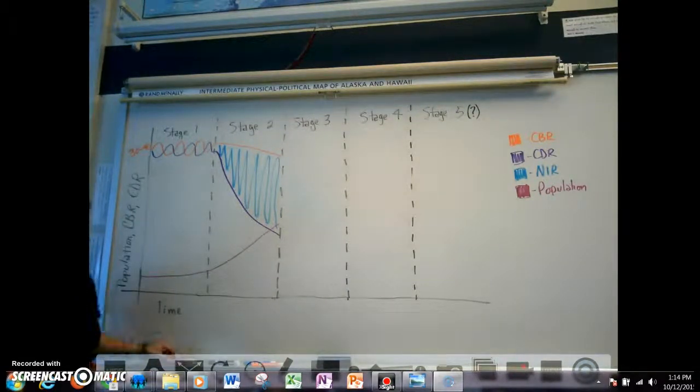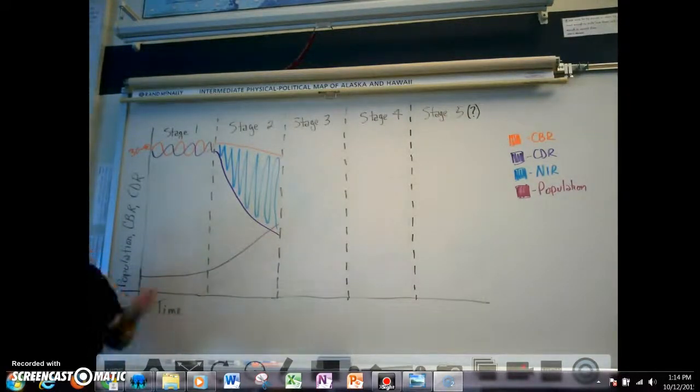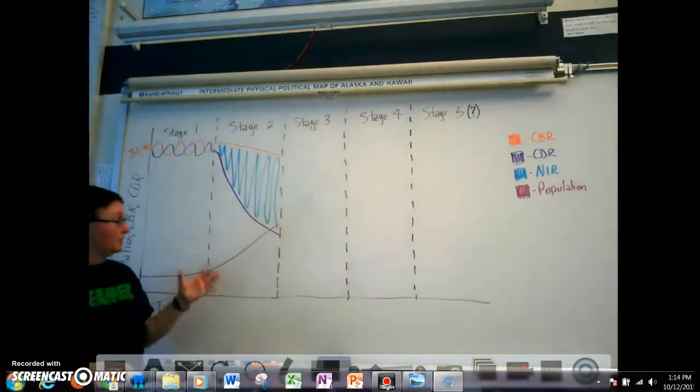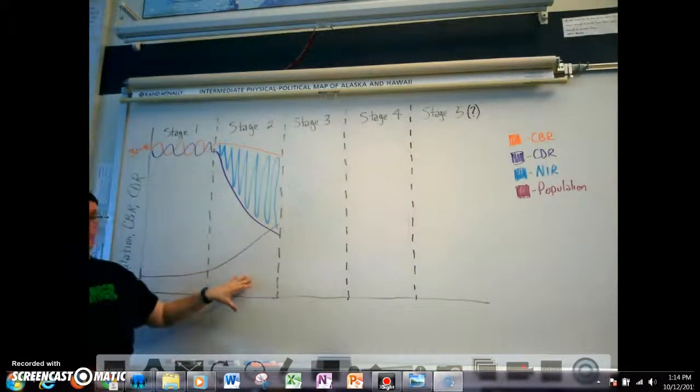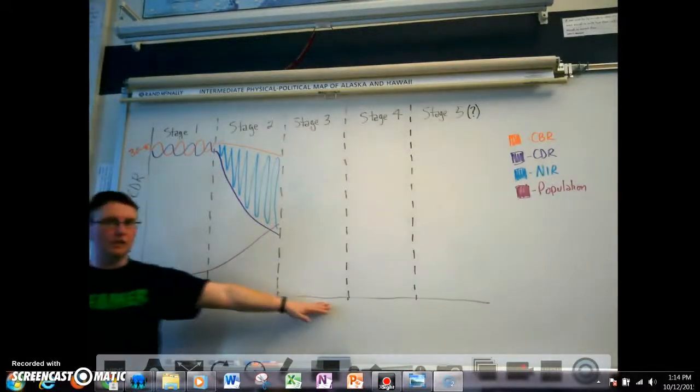Okay, and if you're familiar at all with Thomas Malthus, Britain was in stage 2 when he was writing. Okay, and Malthus is the guy who said we're going to outgrow our ability to grow food in terms of our population numbers. Stage 2 countries these days, really what we're looking at for the most part is sub-Saharan Africa. The one exception to Africa below the Sahara is South Africa. South Africa is actually a stage 3 country.